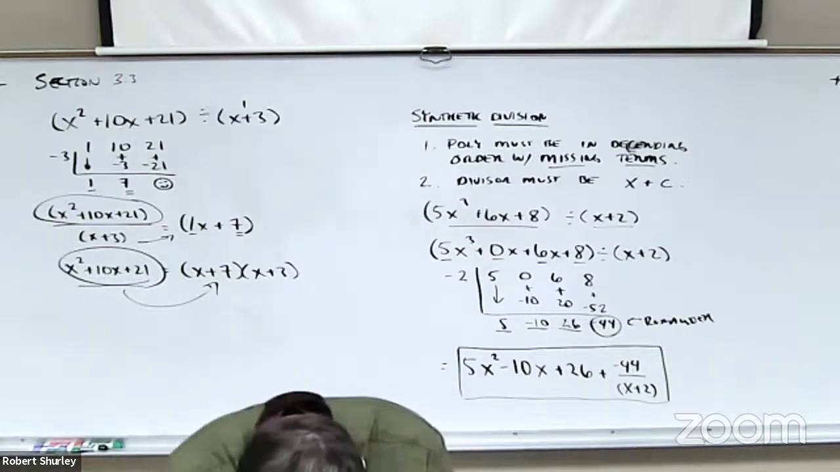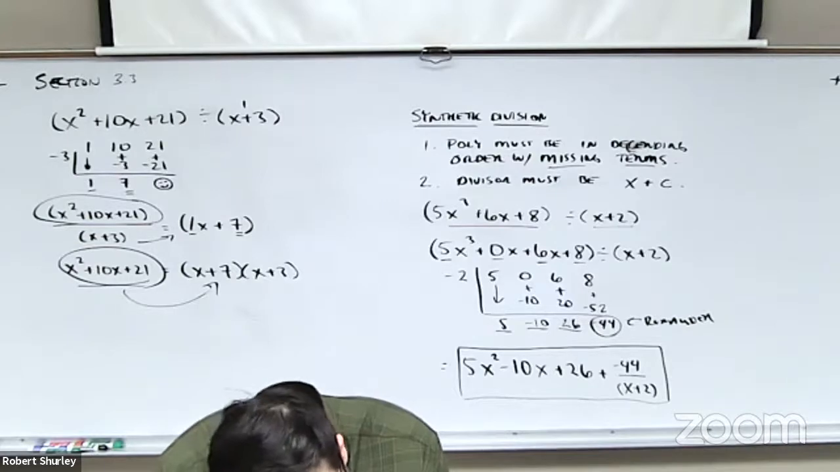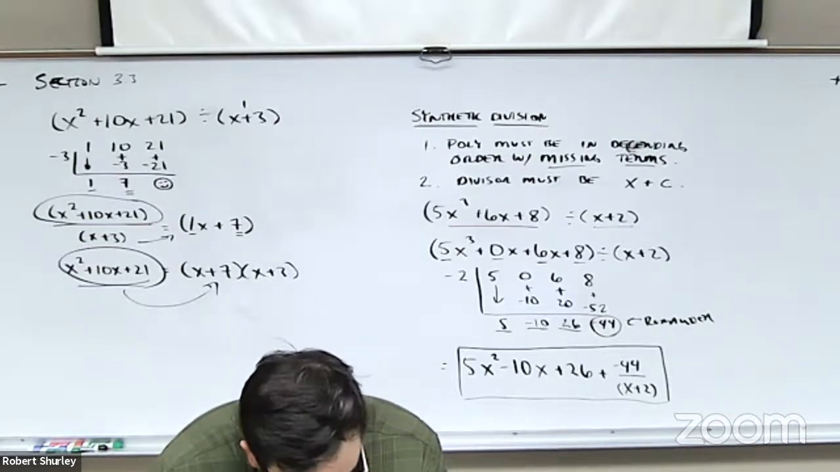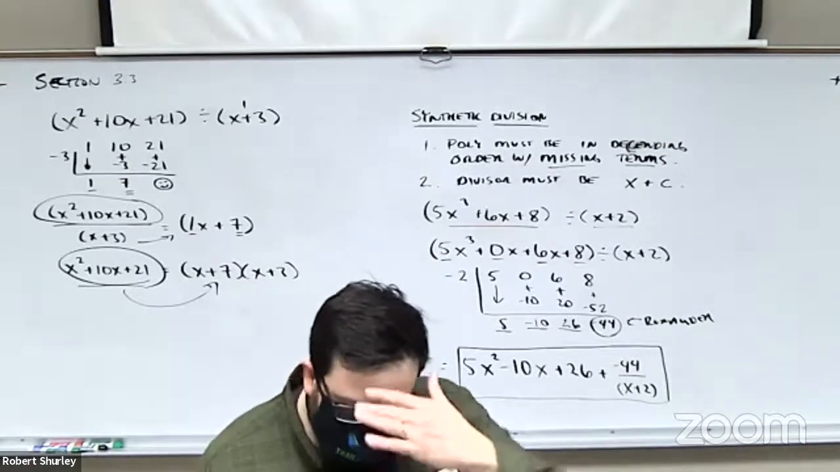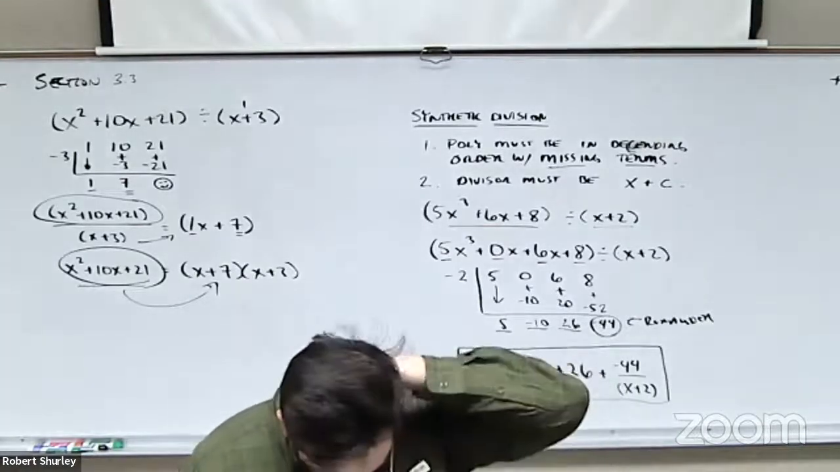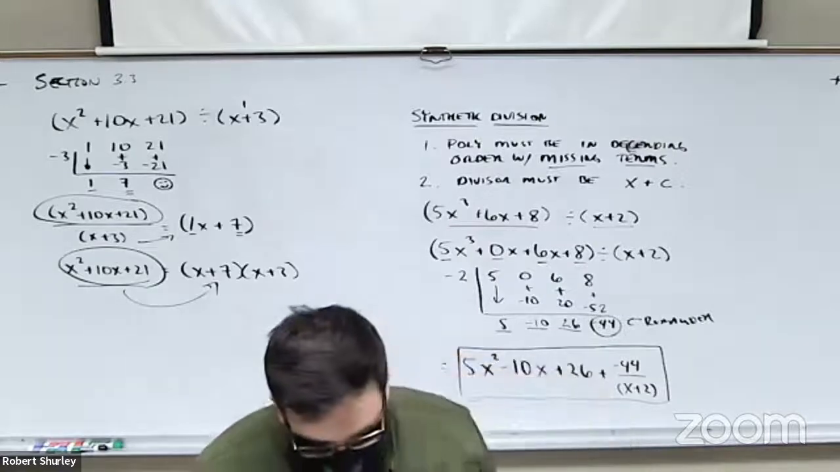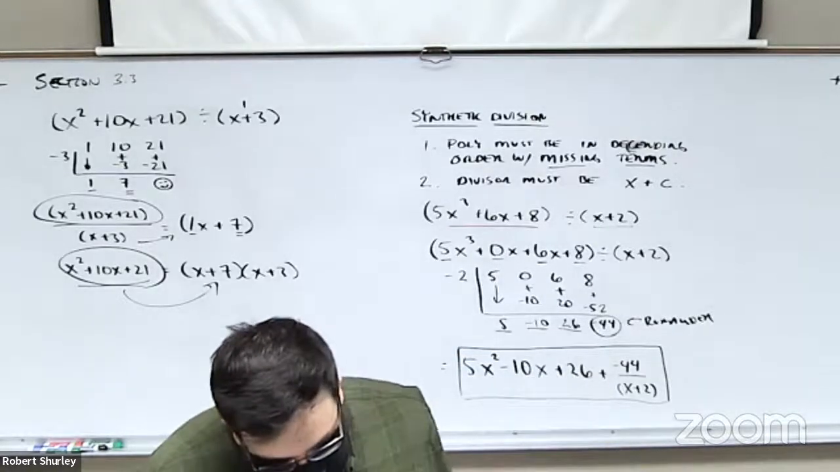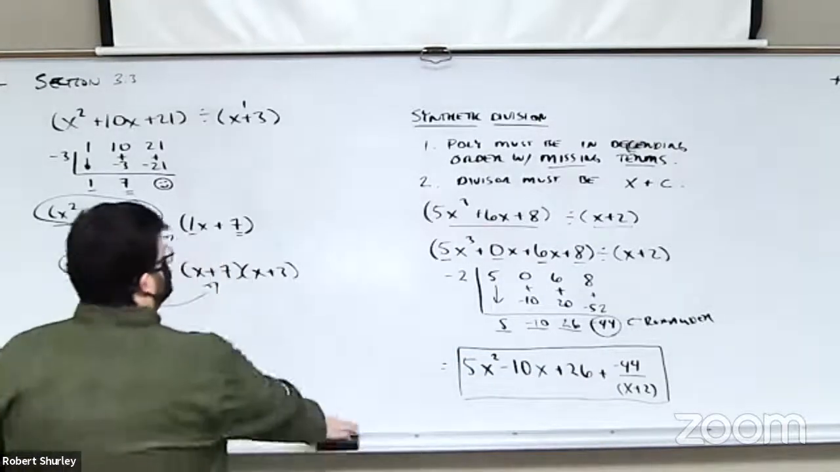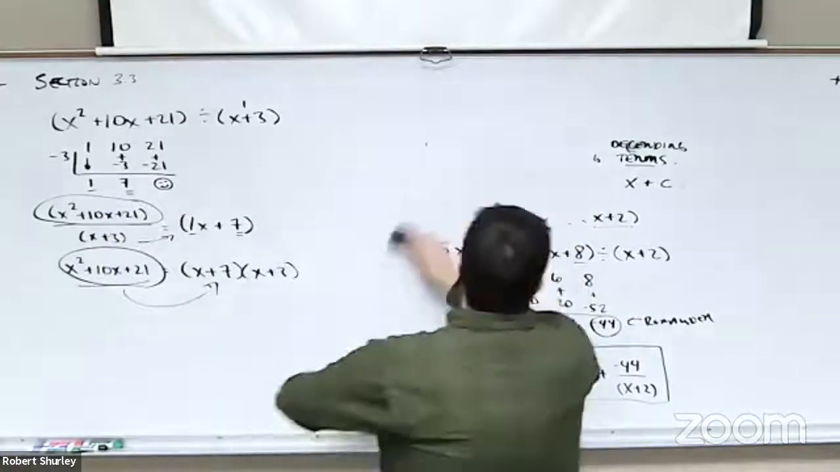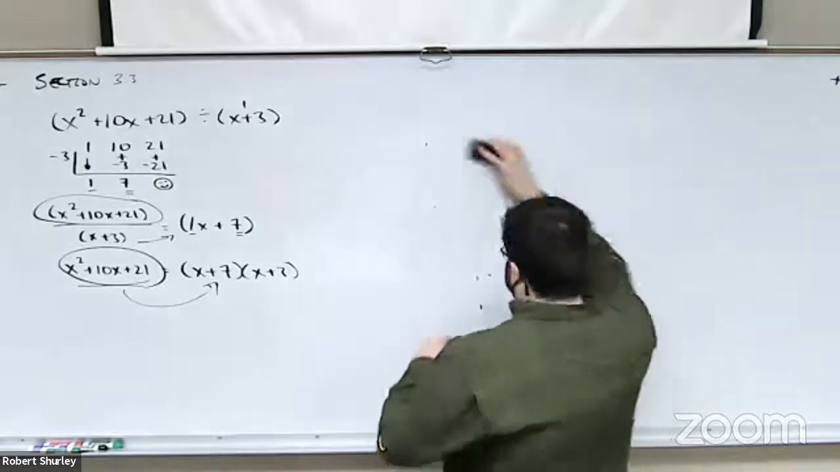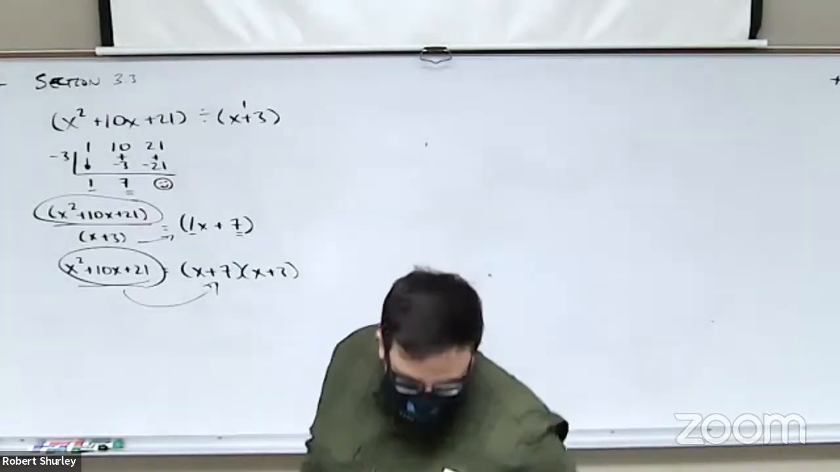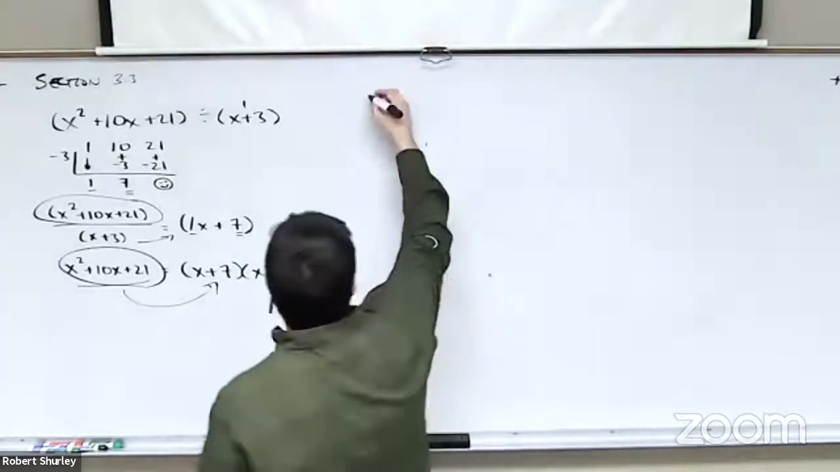Okay, let's look through here. On page 374, I'm going to choose an even one, because I'll give you the odds for homework. Let's do number 20 on page 374. So number 20 states 5x squared minus